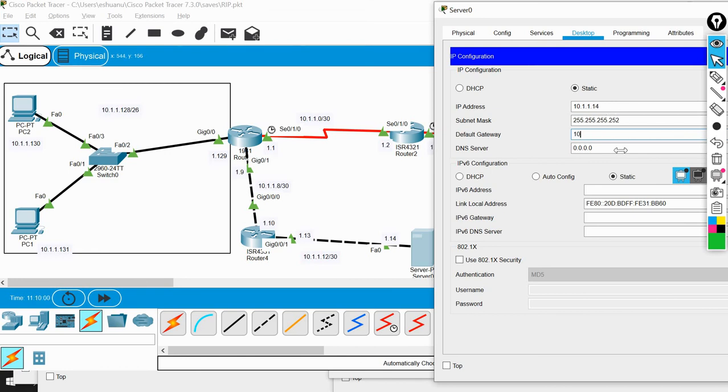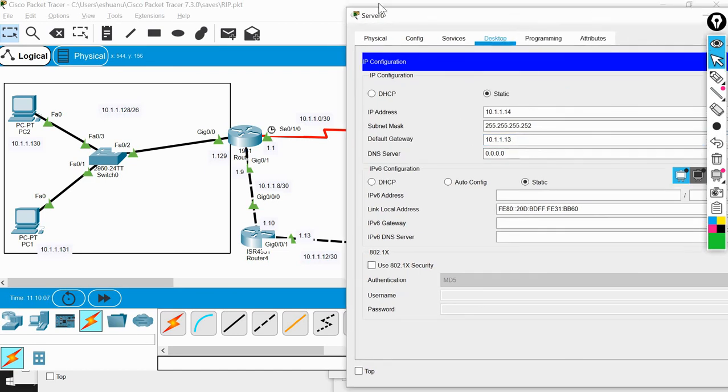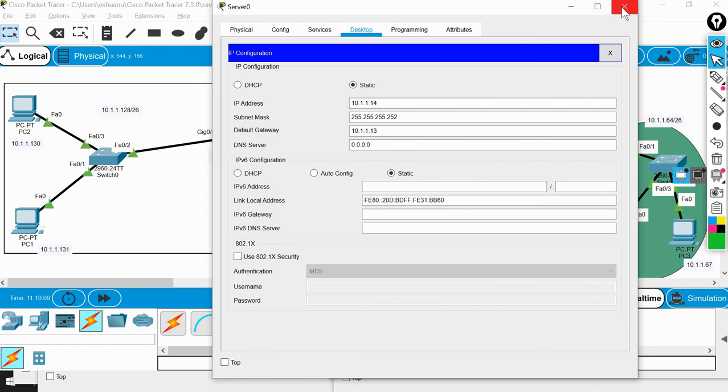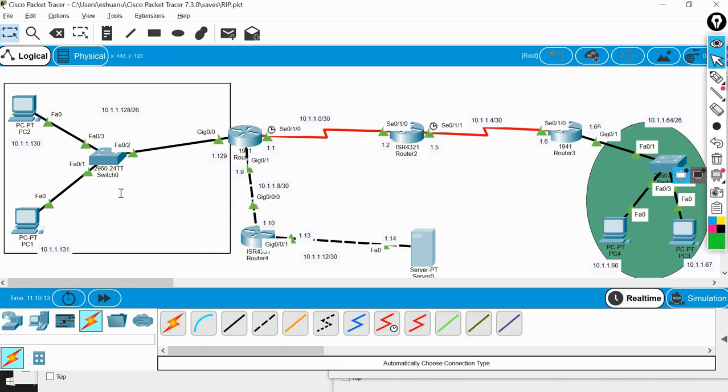Let's do that as well and save it. Here it is done. What about this side? All set.